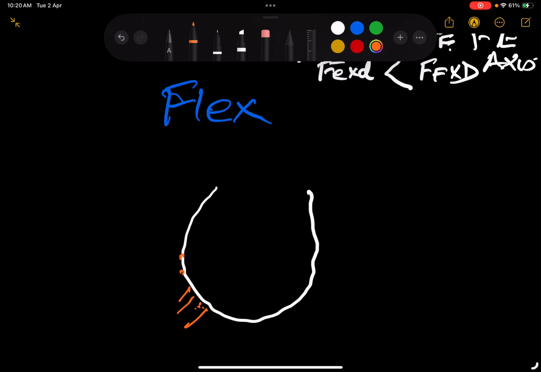This will be the levator ani of both sides, and this levator ani is the lowest part of the pelvic diaphragm. The levator ani is anterior. So here is your pubic symphysis,